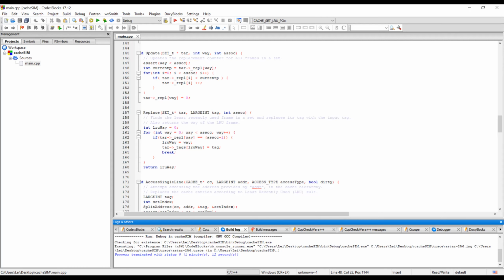When you have an access, I increase all the counters of all the things, and then I set the actual key's counter, the actual key frame, to 0. For example, I'm accessing this one, then this counter is